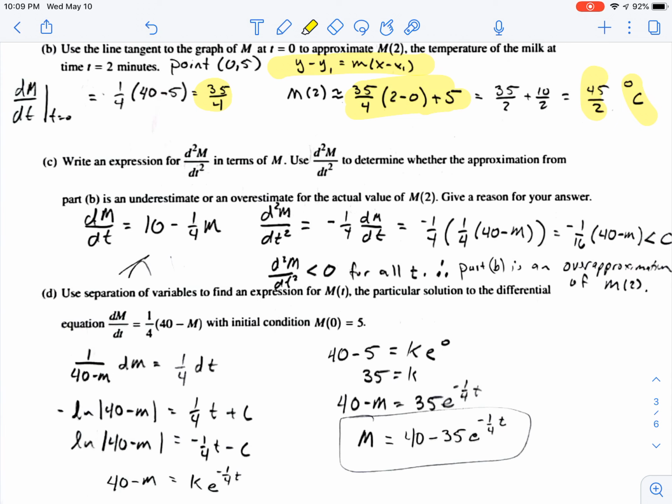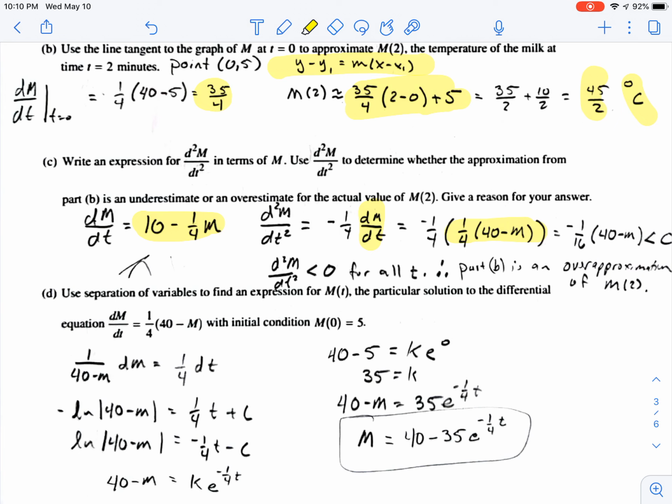Find the second derivative. All right, so the first thing I do is distribute that 1/4, to make it a little easier on ourselves to find the second derivative. When we find the derivative, we have to remember that the derivative of m is dm/dt. So we need to substitute dm/dt back into that equation right there,